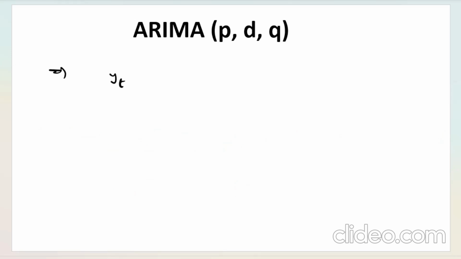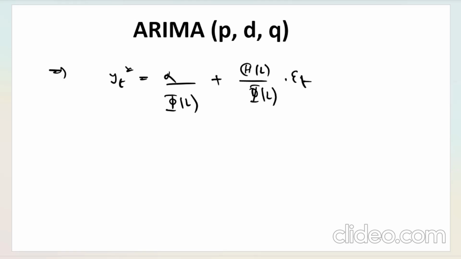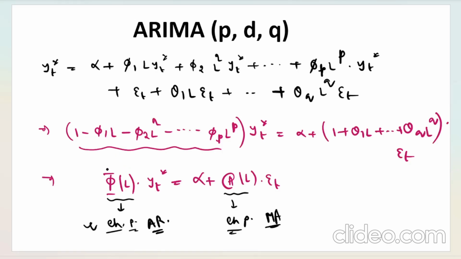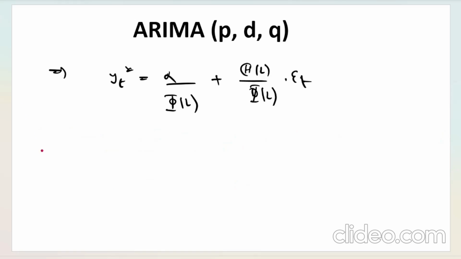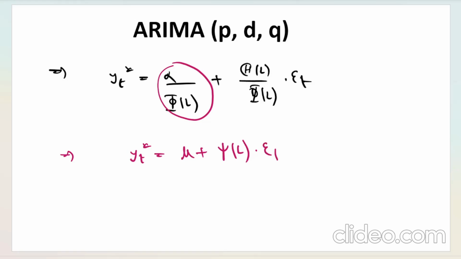Now we can simplify it further. We can write it in this way: alpha upon phi L plus theta L upon phi L into epsilon t. So simply what I have done, I have taken this and I have divided this. This comes here. So individually I can write this. So Y t star is some, consider this to be some mu plus and this to be some xi L epsilon